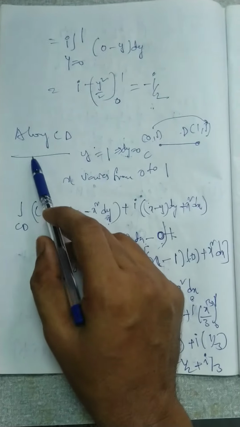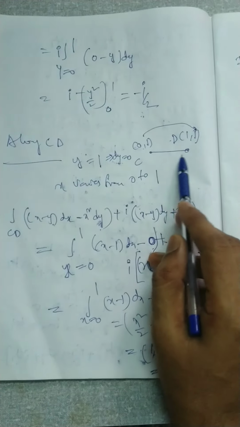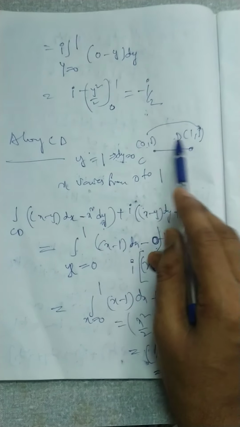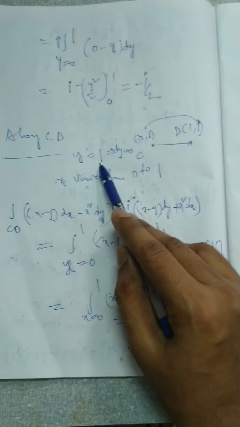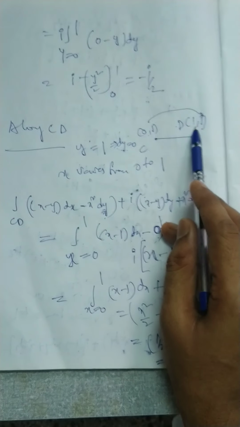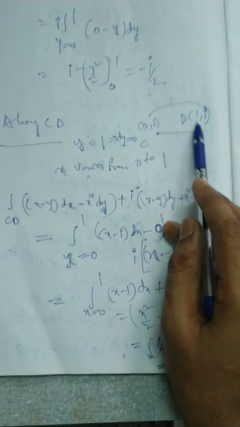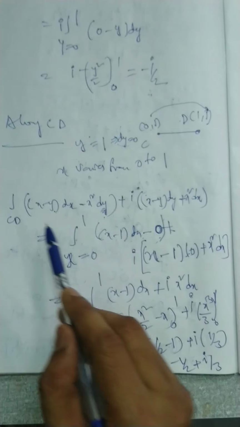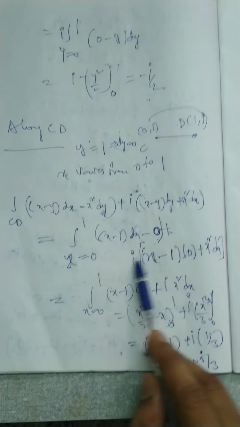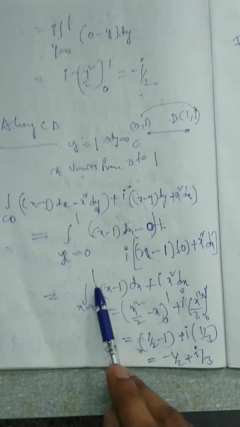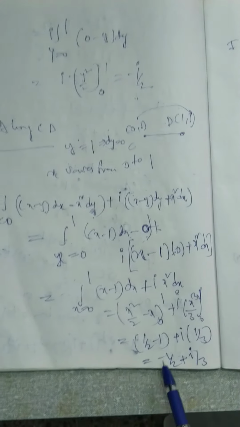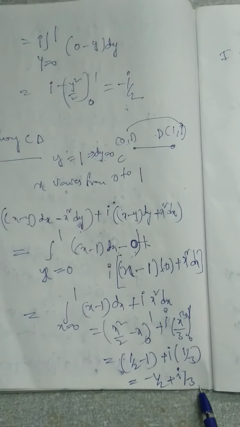whose evaluation gives minus i by 2. Next, moving along CD, that is horizontally parallel to the x-axis. So at C (0, 1) and D (1, 1), the y value here and here is the same, 1. So y equal to 1 is fixed, dy will become 0. So x varies from 0 to 1. You can observe here x is initially 0, here x is finally 1. So using this information along CD, and writing the value of y equal to 1 and dy equal to 0, this can be obtained. Now further integration of this for x equal to 0 to 1, after simplifying this expression we get this, and you can see that the value comes out to be minus 1 by 2 plus i by 3.